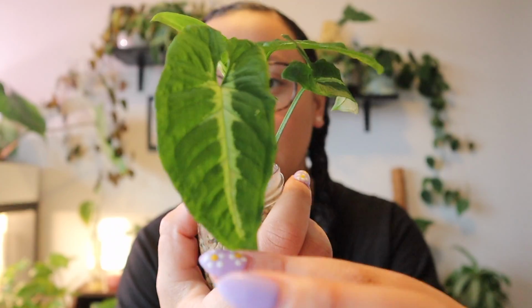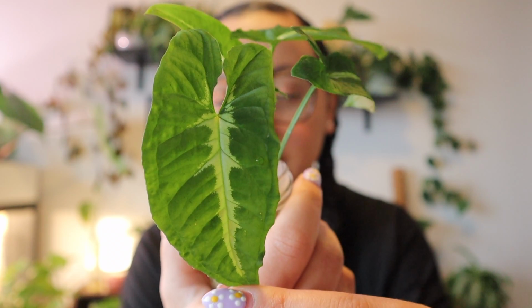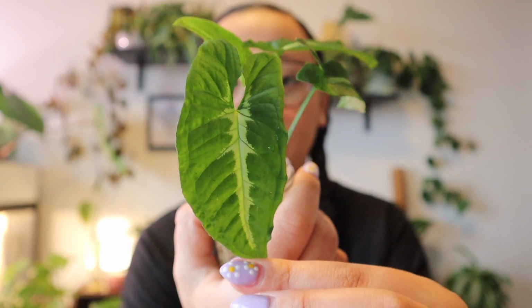Like, look at that deep green with the whitish kind of silver line down the middle. So beautiful. And so I actually technically have 2 of them. So this is the plant that I actually bought, and I took a top cutting from it, which is this guy. I'm gonna sell this bottom cutting in the next couple of days. It's super cute. Some of the leaves have a little bit of discoloration, but they haven't been getting worse. So I think it was just kind of how the plant came, because these are all the leaves that the plant came with originally. But since I cut it, it actually bounced back so quickly and already put out 2 new leaves,